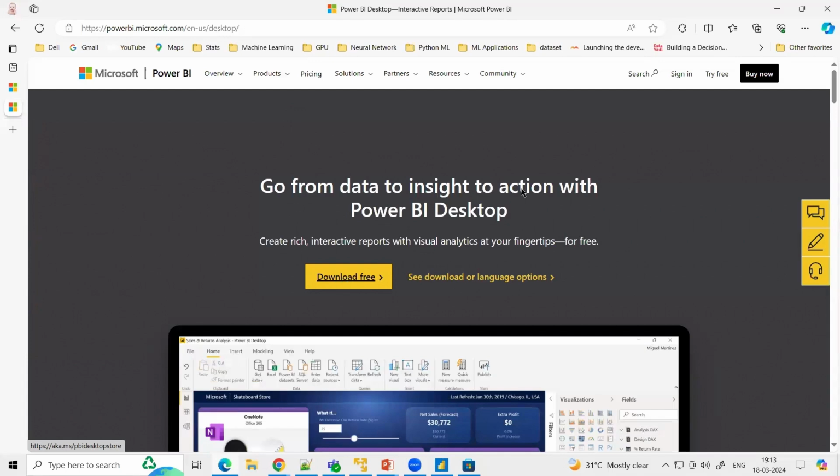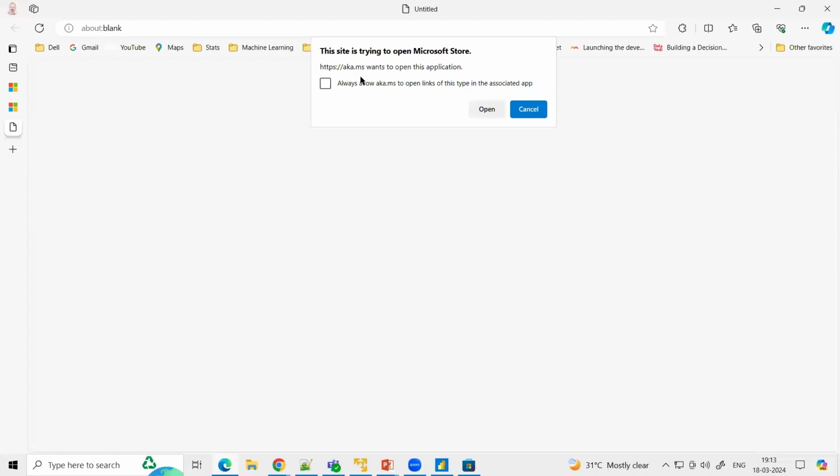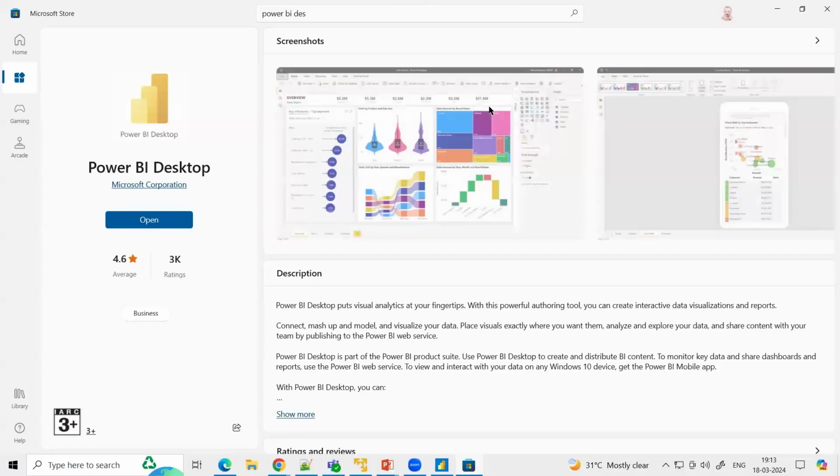If you click the download free, automatically it is telling you that this site is trying to open in Microsoft Store. You simply go and click this open. Directly it will open the Microsoft Store. So it is a straightforward installation if you have a Microsoft Store. Very easy. Just like you install other applications, you can directly install your